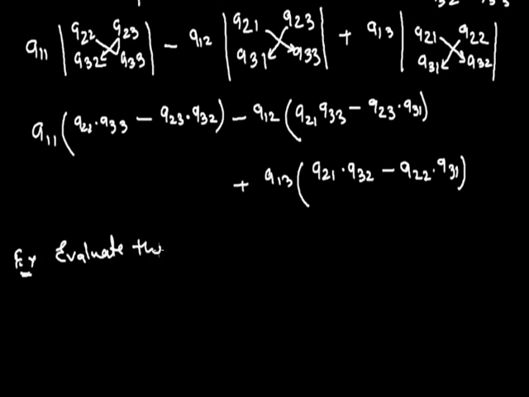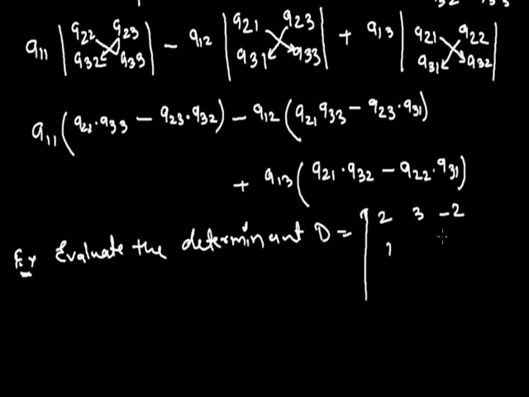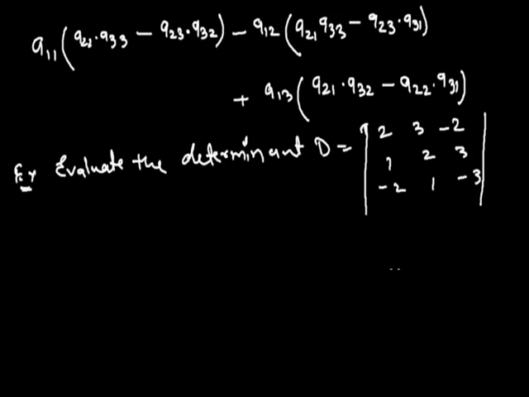Evaluate the determinant. Evaluate the determinant D = |2 3 -2; 1 2 3; -2 1 -3| by expanding it